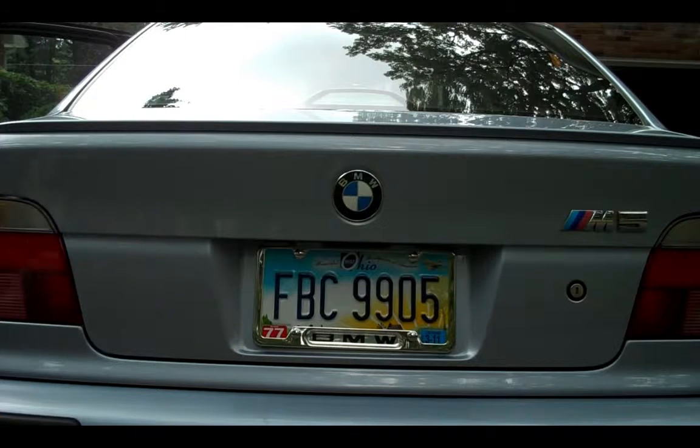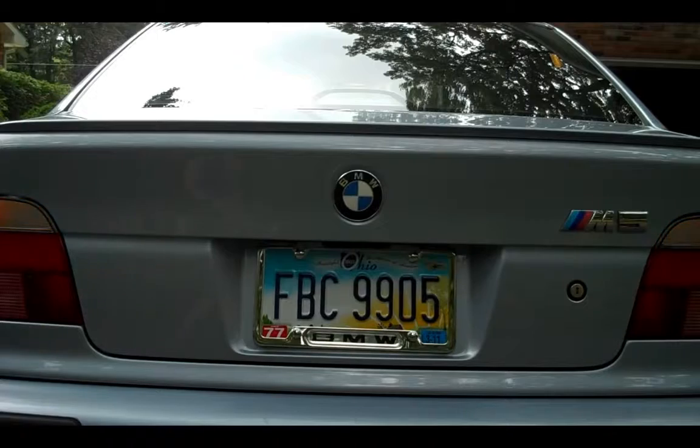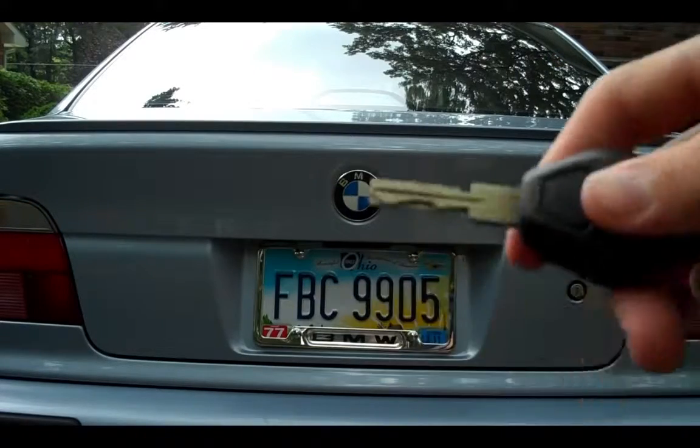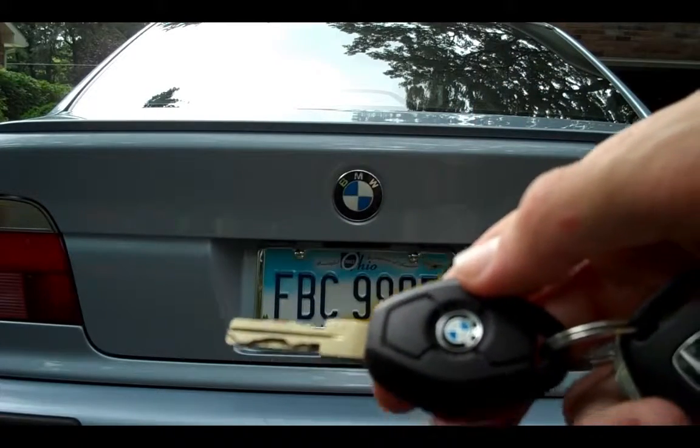Close this back door here. You can hear what it sounds like. Alright, so hit the BMW logo and the car locks. Press it again. Right after you lock it, the interior lights stay on and the motion sensor inside is turned